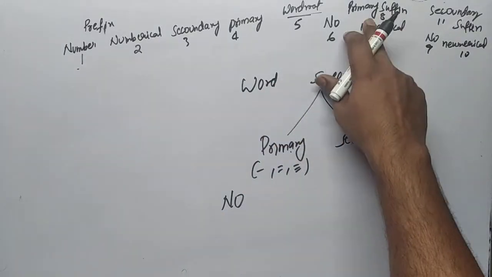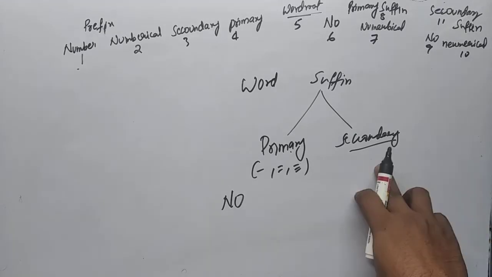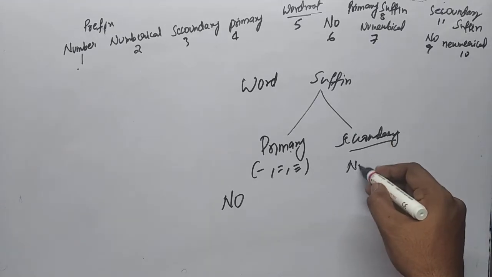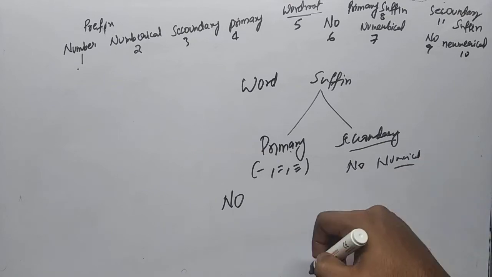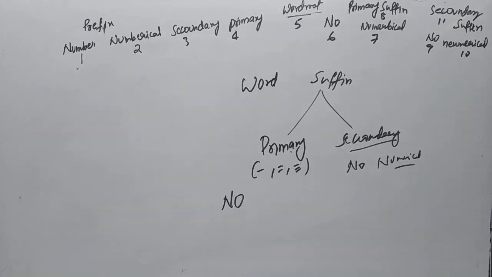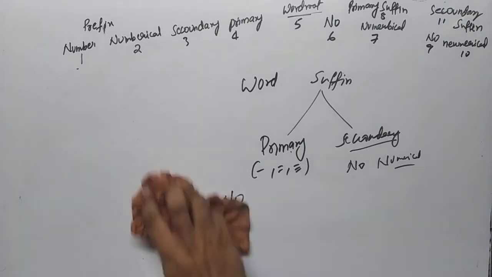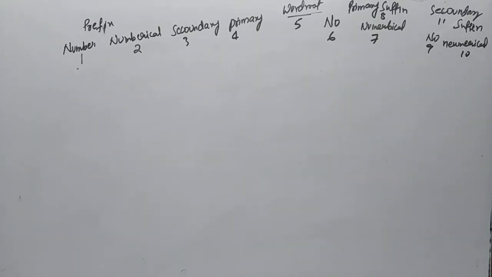So 6 7 8. Again, while writing the secondary suffix, wherever the secondary suffix is, you have to write the number, then the numerical. If it is repeating 2 or 3 times, you have to write the numerical. Okay, so this is the order of writing the name of a normal chain. I am just introducing this, so you just remember that.